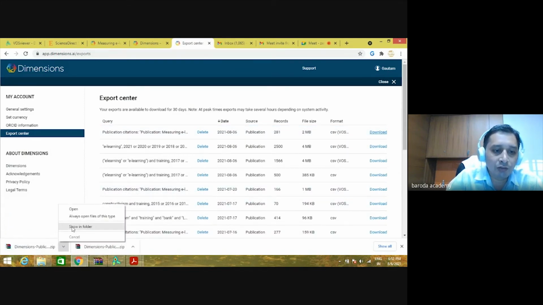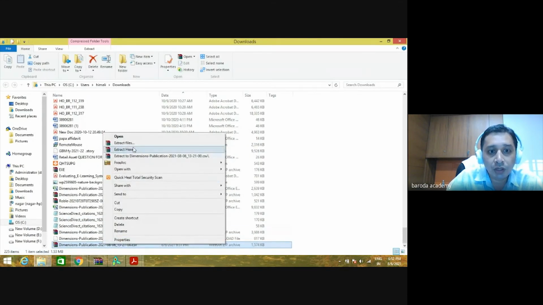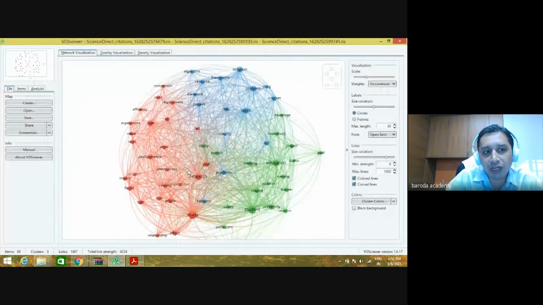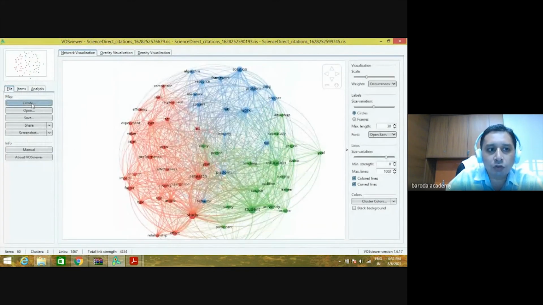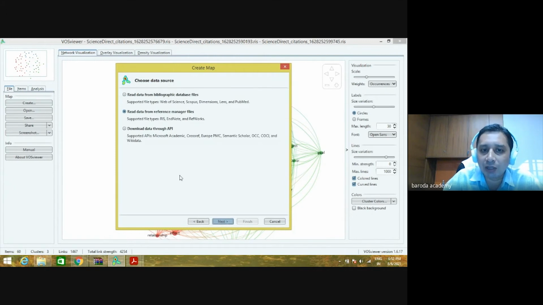But VOSviewer is a software which allows us to analyze many different file types, so we need not worry about a particular file type. So now let us start. What we have taken into consideration here is a particular research paper and how it has been cited. That will give us the co-citation and co-occurrence of a paper in multiple